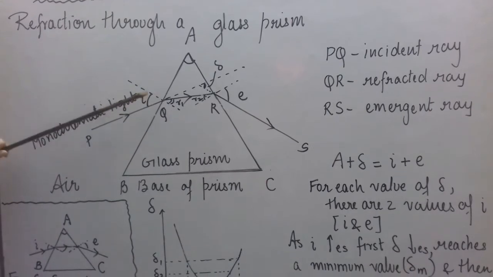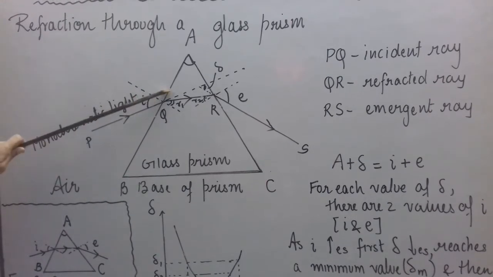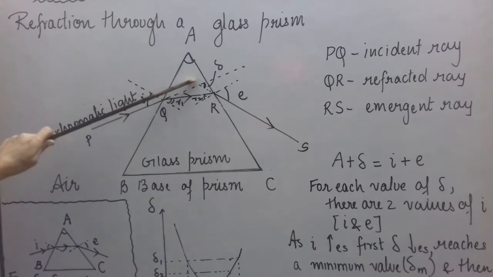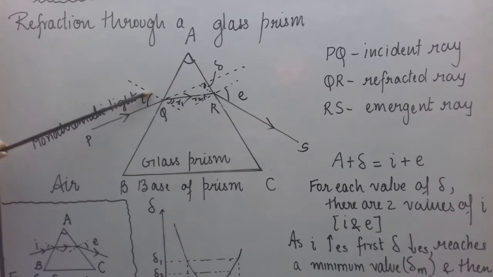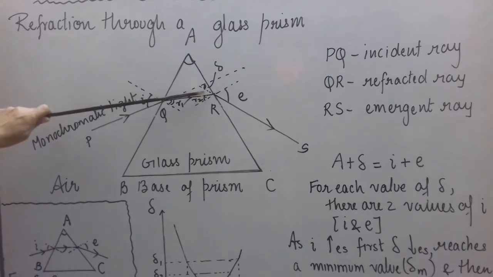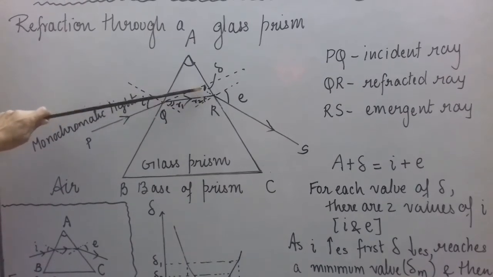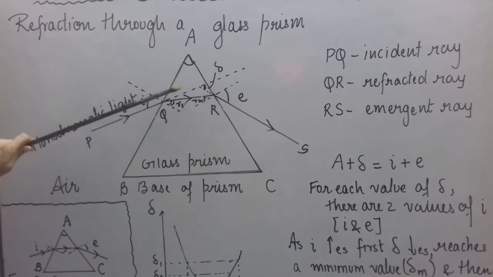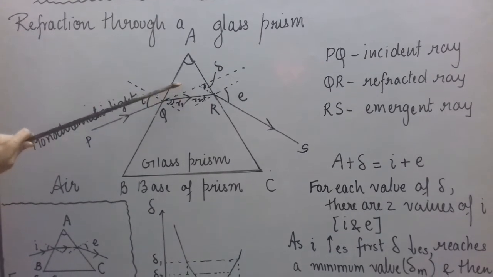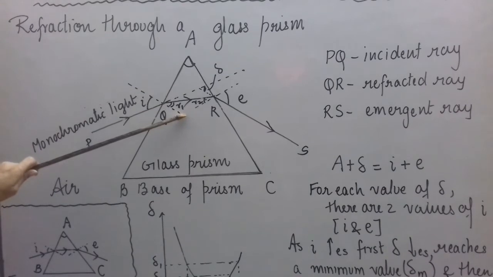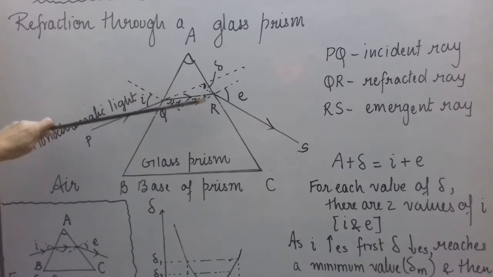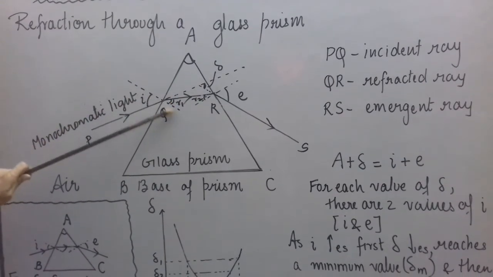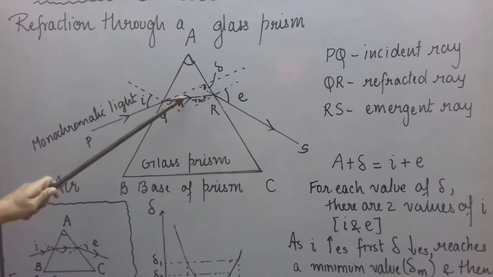So this ray is an incident ray. This dotted line I have shown just the direction of the incident ray. Okay, I have extended this. So this is a normal. So this refracted ray should lie anywhere between the original incident direction and this normal. So between these two dotted lines our refracted ray should lie. So now it has bent towards the normal. This is a normal. Okay, so this is a refracted ray.